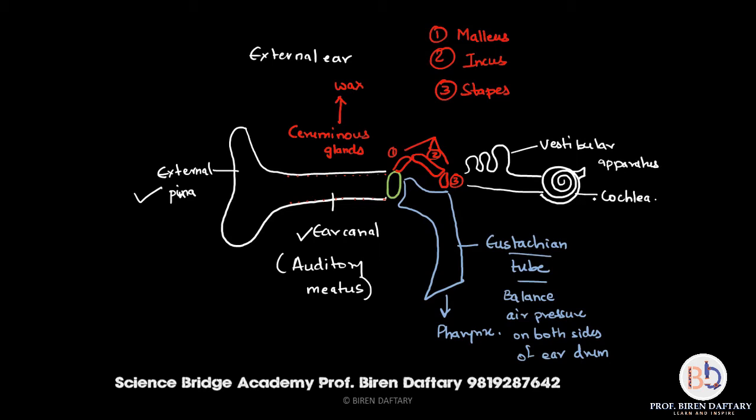on the next slide. Okay, so this is the structure of the human ear. The external ear is made up of the external pinna, the ear canal, auditory meatus, and the eardrum, which continues into the middle ear, which is made up of the three ossicles, malleus, incus, stapes, and the eustachian tube, which continues into the internal ear. So this is a very simple diagram showing the internal ear. Now we are going to study the internal ear in the next slide.